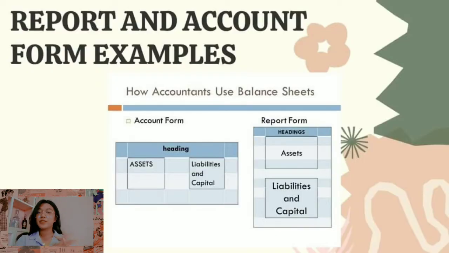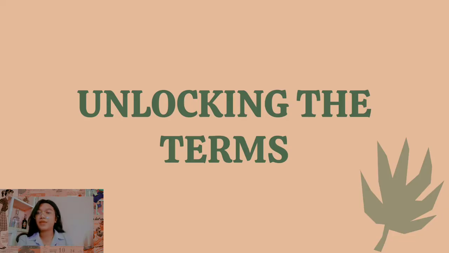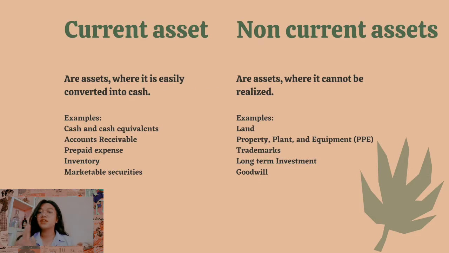Now, since tapos na tayo sa pag-identify ng two forms na magagamit natin sa pag-prepare ng ating SFP, we will now going to proceed on unlocking the terms we will encounter while preparing our SFP. I know you already have an idea regarding to this, but let me recall this for you. First is the current and non-current assets. Okay, so current assets are assets where it is easily converted into cash, meaning madali siyang maliliquify. So the following are the examples: cash and cash equivalents, accounts receivable, prepaid expenses, inventory, and marketable securities,